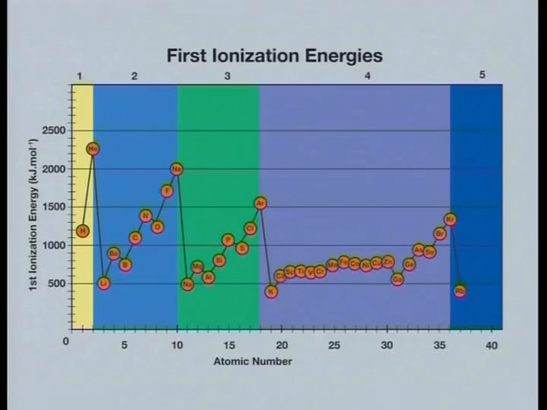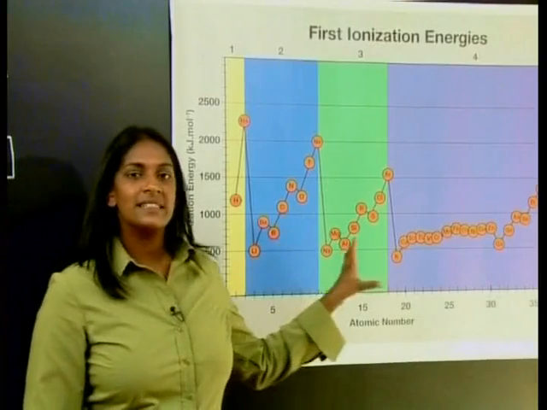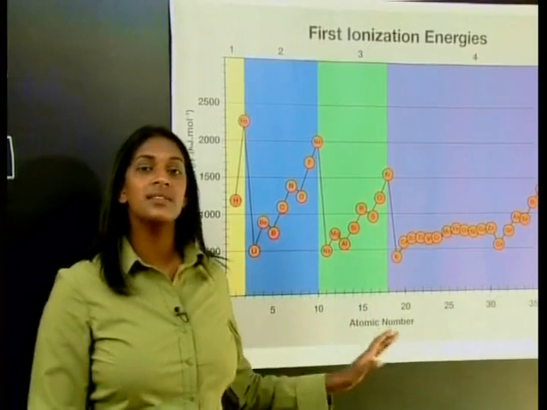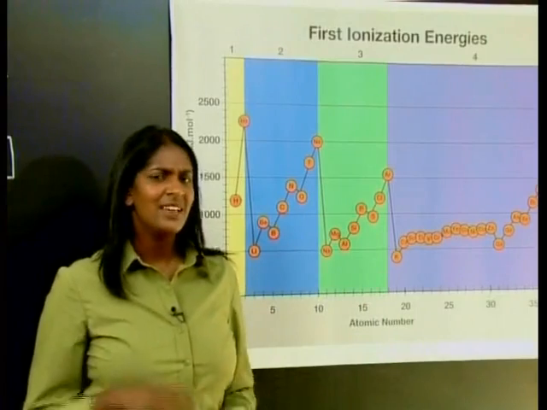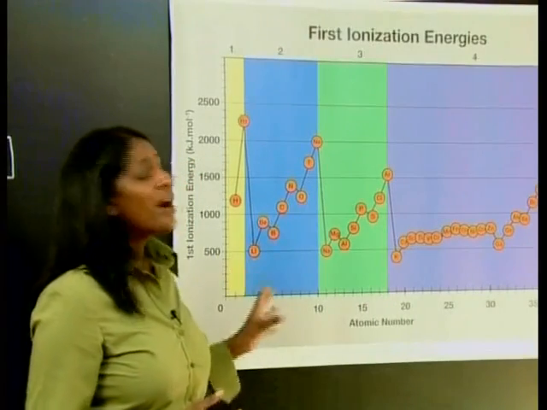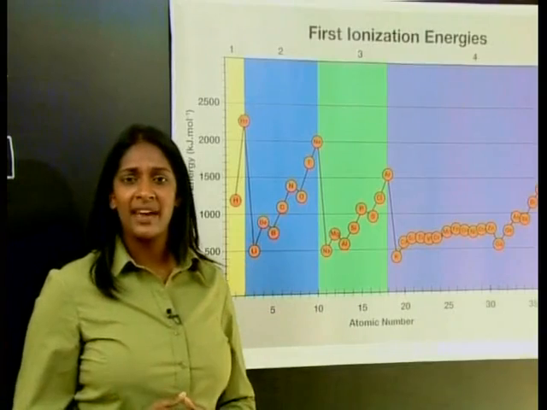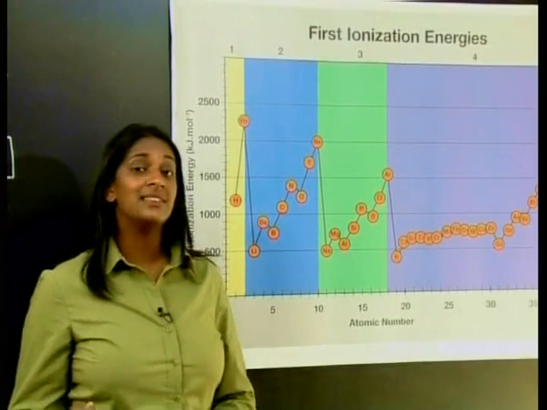Take a closer look at the group 1 metals highlighted here. All these elements have low first ionization energies. This means that it does not take much energy to remove one electron from any of these atoms to form a positively charged ion. The data tells us that an atom of any of these metals does not hold onto its only valence electron tightly. It's not surprising then that the group 1 elements are extremely reactive and that they combine very easily with other